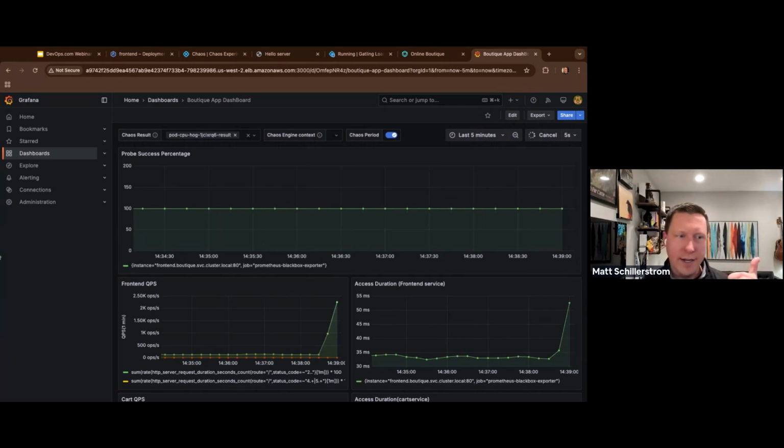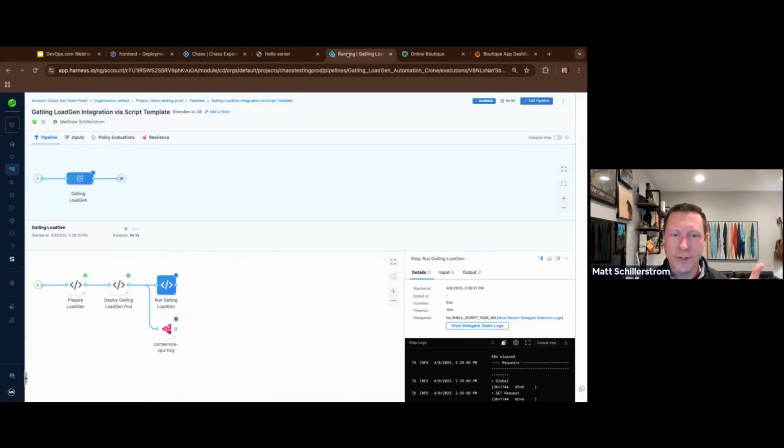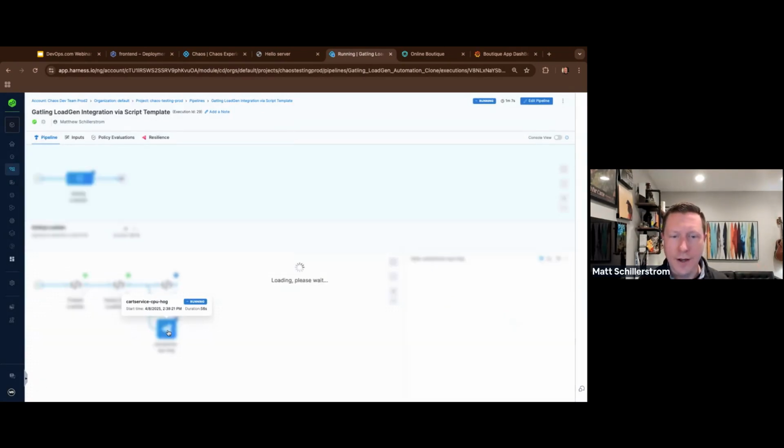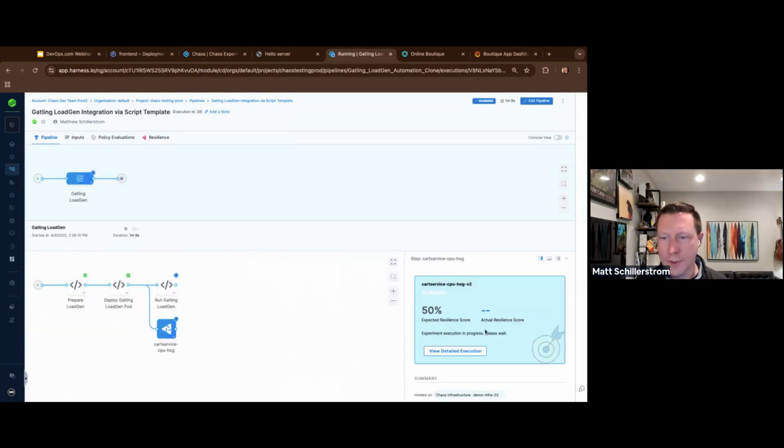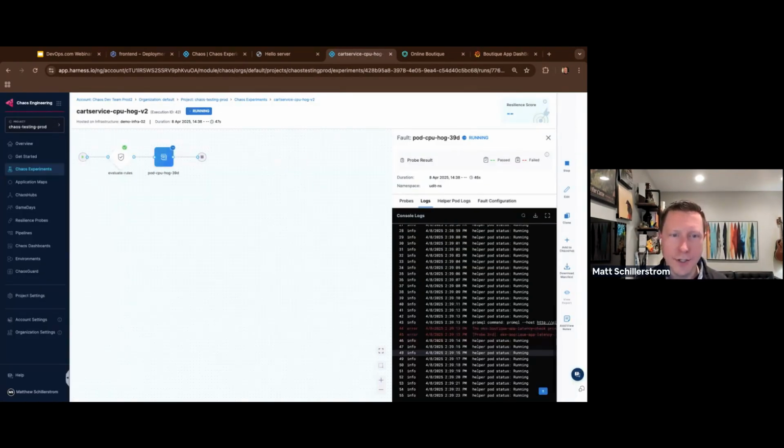And then how does it handle load tests as well as a CPU exhaustion experience as well. So if I click on the chaos experiment, you'll start seeing this score. And if I go into the detailed execution of this as well, I can just start seeing this running. So this is actually the chaos experiment workflow that's tied in to that pipeline experience that I showed you. And this is all just within our chaos engineering product.